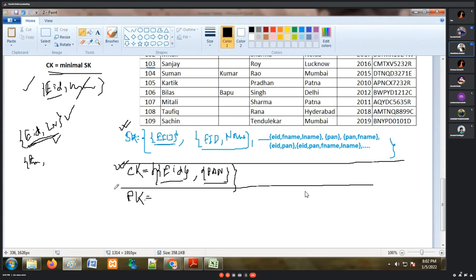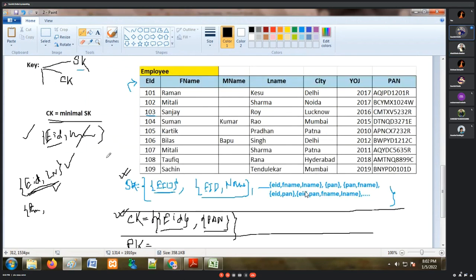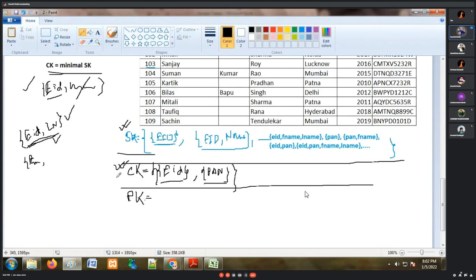I'm repeating once again. For any table, first of all, we have to identify all the super keys like this. After identifying all the super keys, we have to identify the candidate keys. After identifying candidate keys, we select any one of them